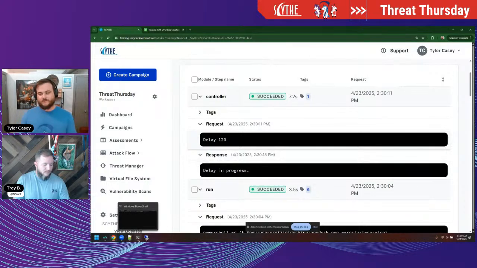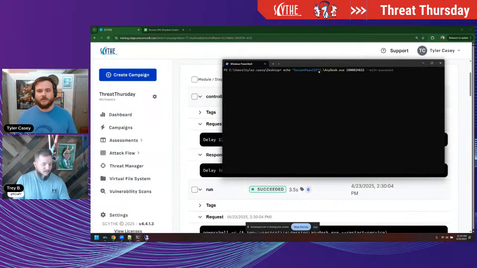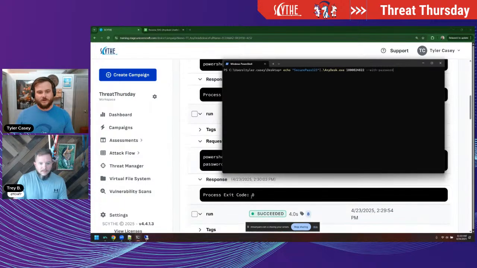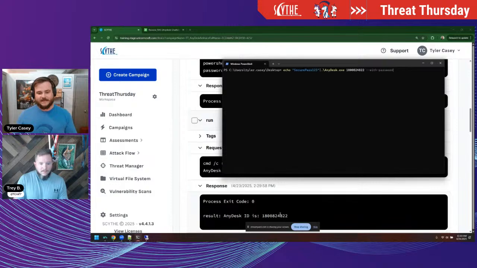So not super crazy from a threat perspective, but getting into our command prompt here. So we have on our victim host now, we have AnyDesk portable that has been downloaded. It's been started. We have that unattended access set. We know that it's running because if it wasn't running, it wouldn't return anything for this ID. We have the ID, so now we're going to go from our attacker box and connect to that AnyDesk instance